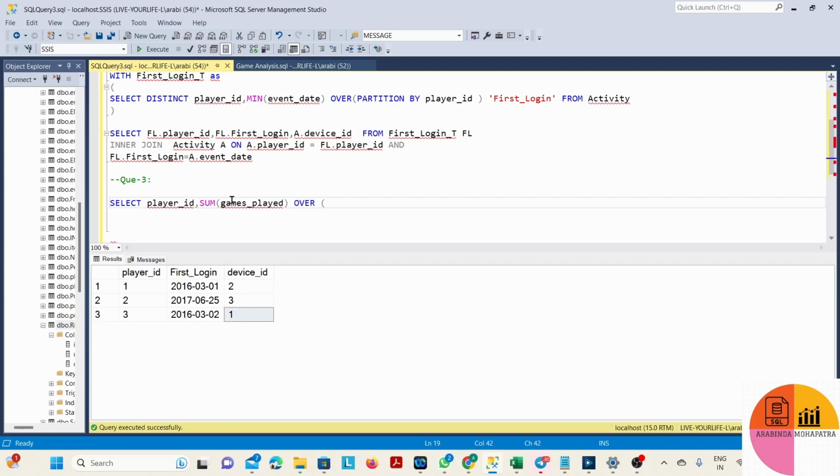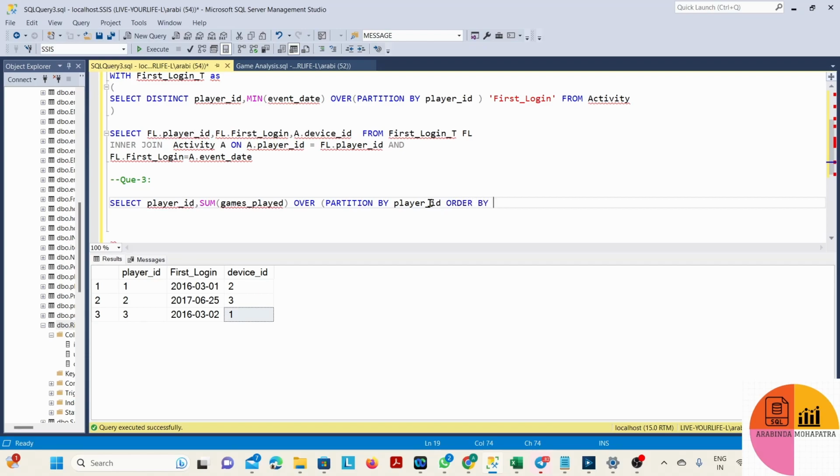We'll use the OVER clause. We have to do the PARTITION BY, use PARTITION BY player_id, ORDER BY,